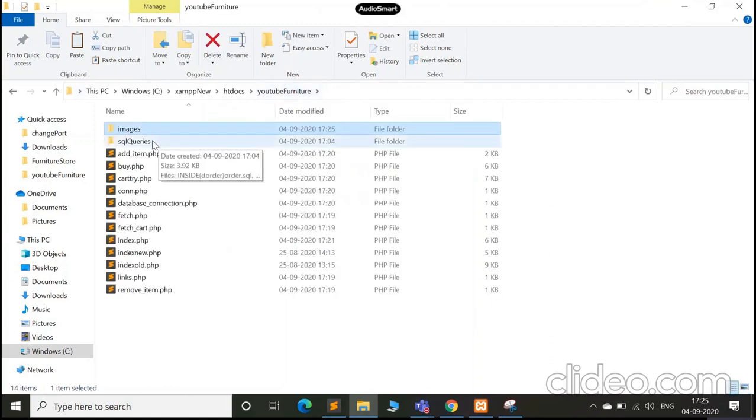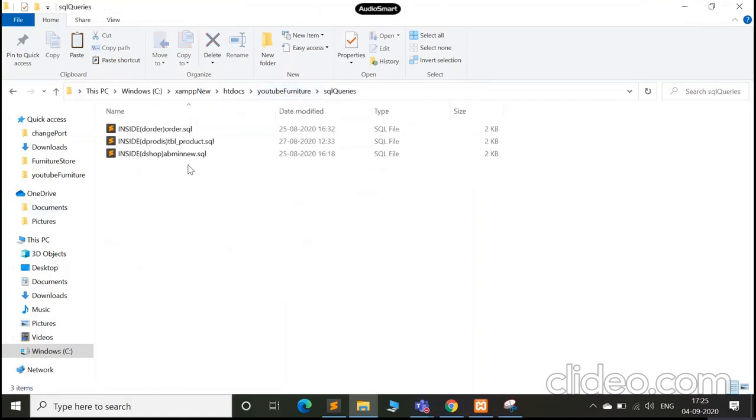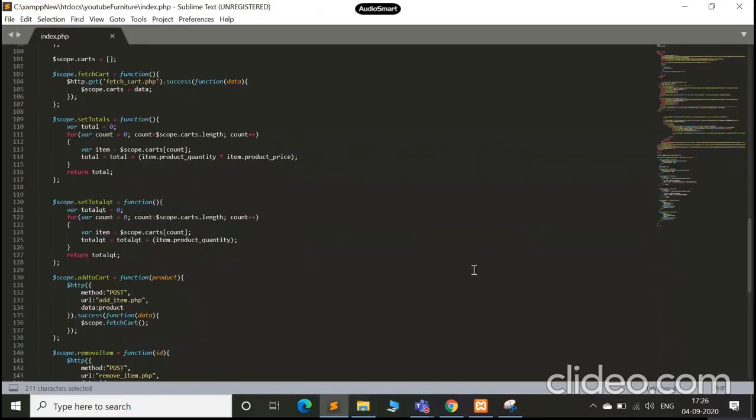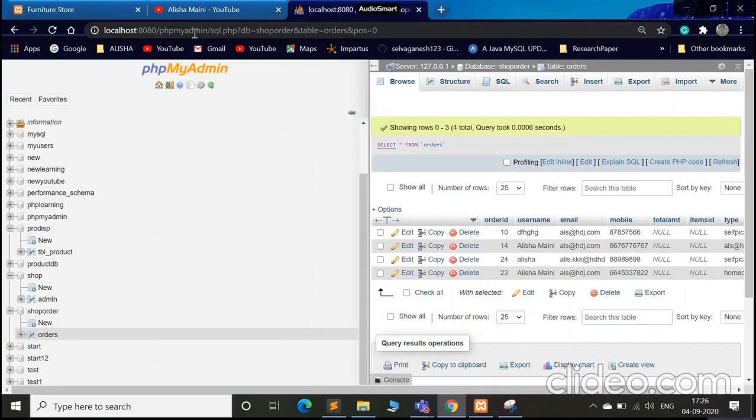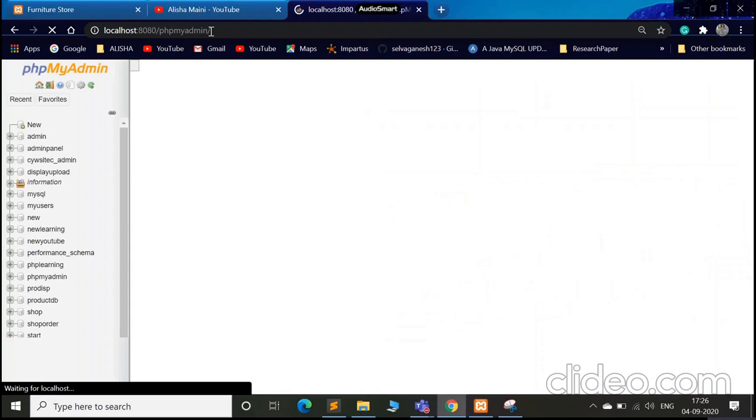So now I have provided some SQL queries here. You can insert them in your databases. So yes, okay, so I will show you where my databases are. So let's go there first. So you know how to go to localhost phpMyAdmin. Any chance if you do not know that, like this, you go there, localhost/phpMyAdmin. As you can see that I have localhost colon 8080. That is because I've changed the default port.